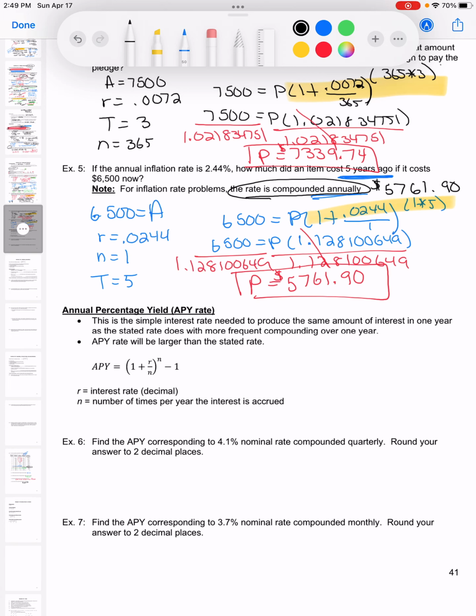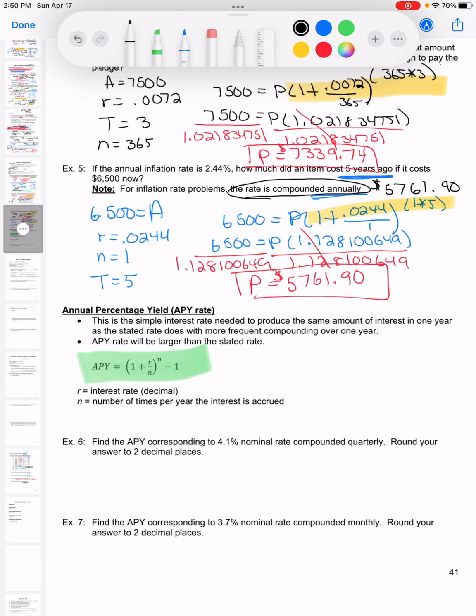Right, so for our last problems for this section, we're going to learn a new formula called the APY. It stands for the annual percentage yield. And so what this is going to give us is a different rate. And you can see here, we've got those bullet points down there that the APY is actually going